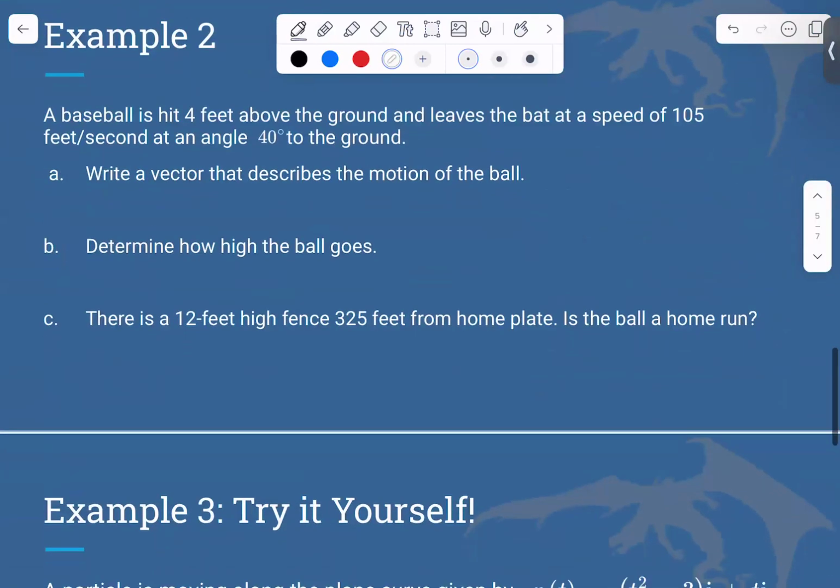All right, so example 2 is an application, and this is baseball. So let's say a baseball is hit 4 feet above the ground and leaves the bat at a speed of 105 feet per second, pretty hard, at an angle of 40 degrees to the ground. All right, so let's get our motion of the ball. So r of t